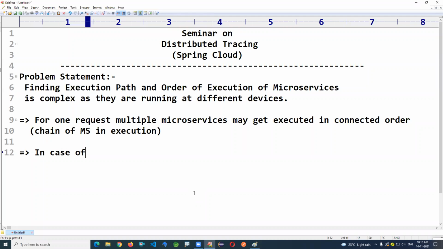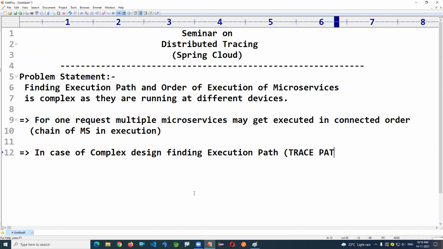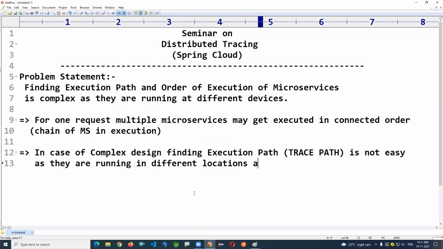In case of complex design, finding the execution path, simply we can also call it tracing the path, how they are executed, is not easy, as they are running in different locations and multiple instances.